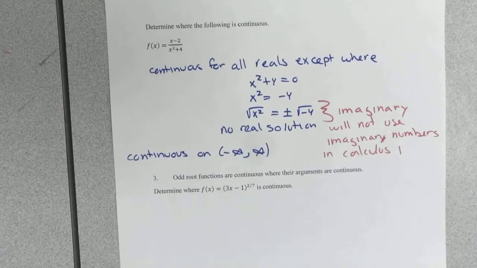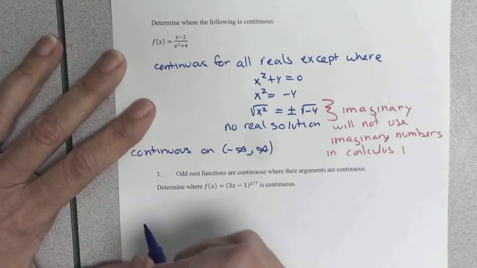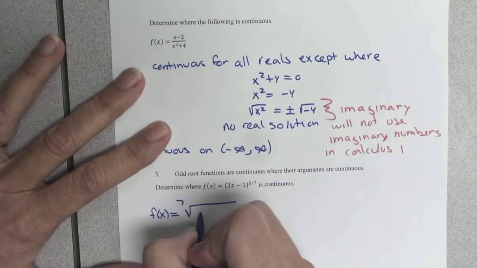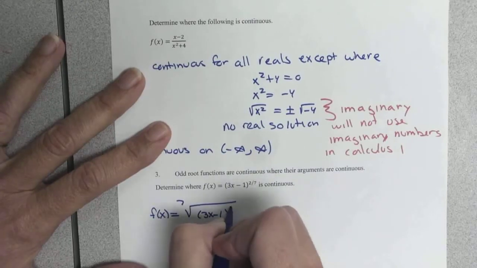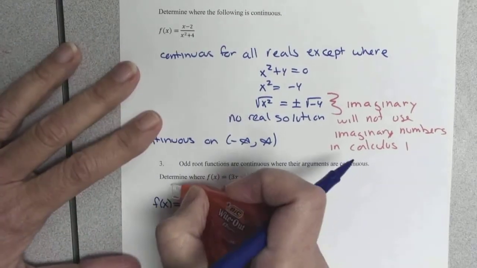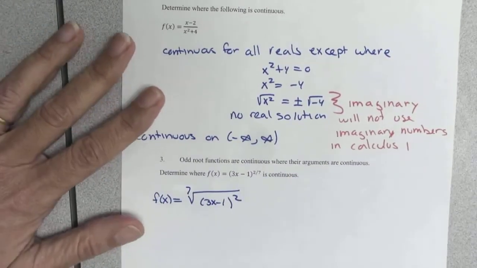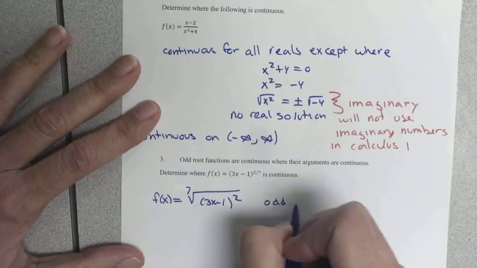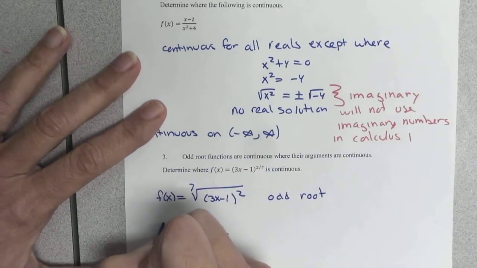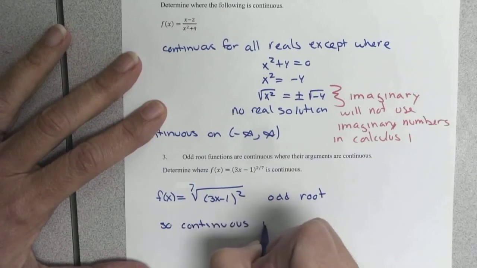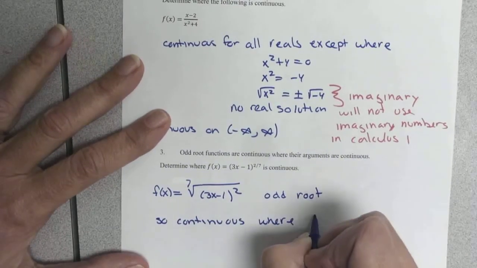Number 3, odd root functions are continuous where their arguments are continuous. Okay, so what does that mean? So this is f of x equals the 7th root of 3x minus 1 quantity squared. Just reminding you algebraically there that the denominator is the index on your radical, the numerator is any power. This is an odd root. So it will be continuous where the argument, the inside,